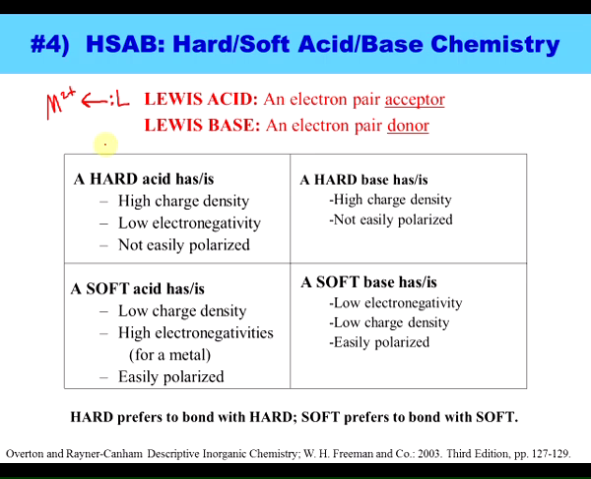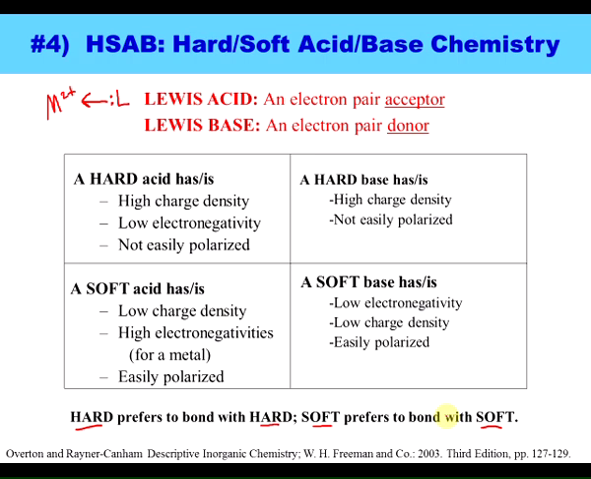Now the gist of hard, soft, acid, base theory is that a hard acid prefers a hard base and a soft acid prefers a soft base. And when we're talking about hard and soft, hard is simply a molecule or an atom that has a very tight electron cloud. It's not very polarizable. You've got a high charge, or high Z effective, or something that pulls that electron density tight, and it's very